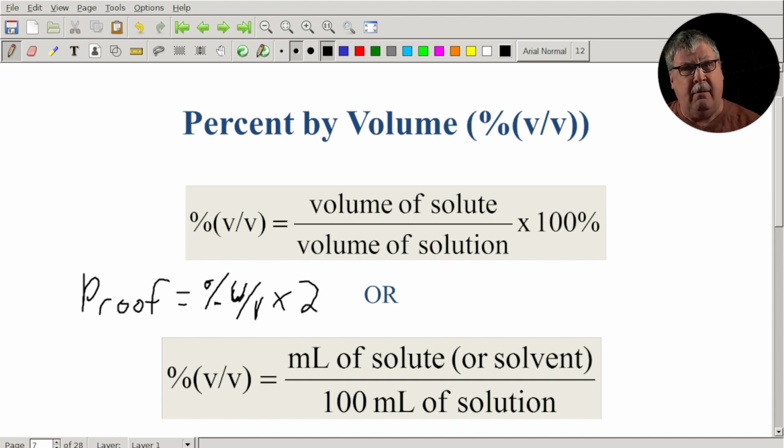The other interesting thing is in the US, it is still illegal to report percent alcohol by volume on beer labels. That's the way the law is written. And that law was written after Prohibition was repealed. And the thought was that people would just buy stronger beers. It turns out that's not really the case. And what's interesting is the BATF has said, okay, that law is on the books. It's technically illegal to report percentage of alcohol by volume in beer, but we won't enforce it. And so a lot of breweries are putting their alcohol by volume on their beer labels anyway, even though technically it's illegal.